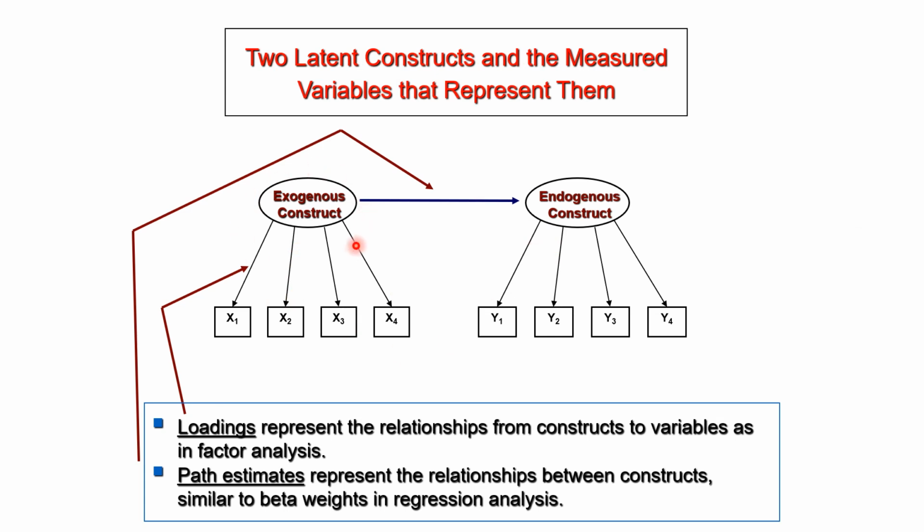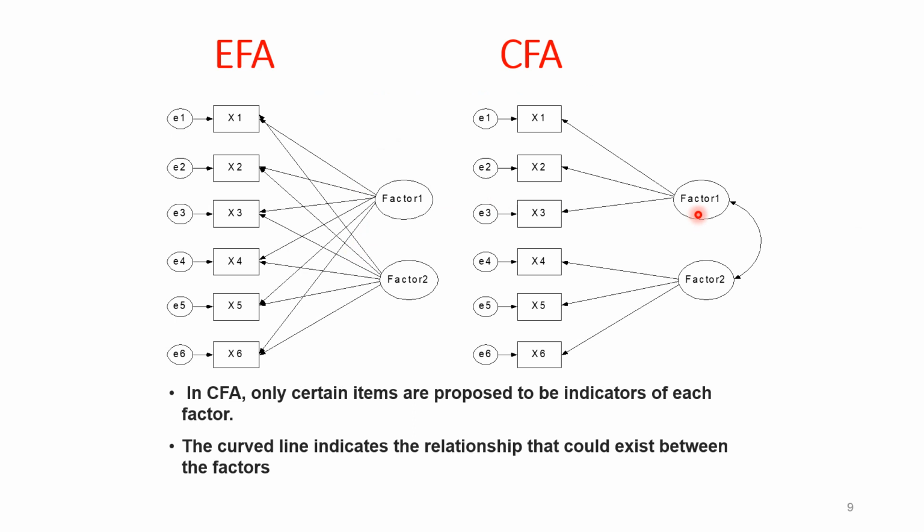What happens from a CFA? We can move to something called structural equation modeling. Now, if you go back to our previous example, we can see there are two factors, factor 1 and factor 2, and we have a curved bi-headed arrow. So what does this curve indicate? It indicates correlation between these two factors, because they're part of the same set of questionnaire and they may be measuring